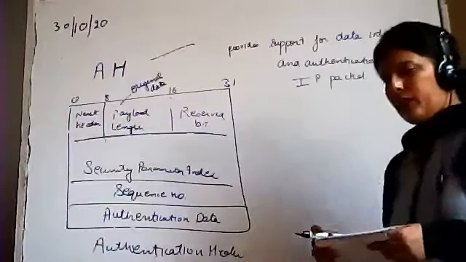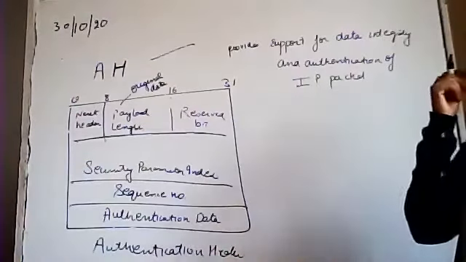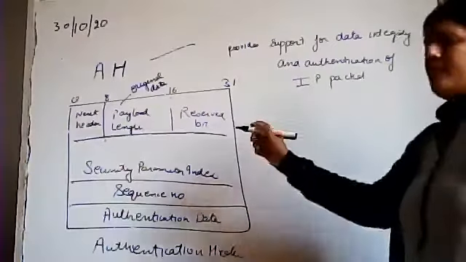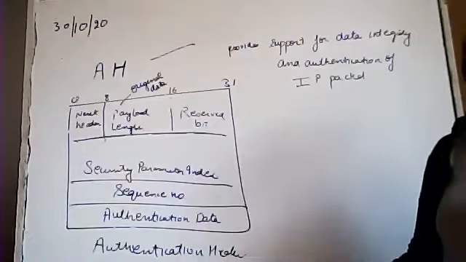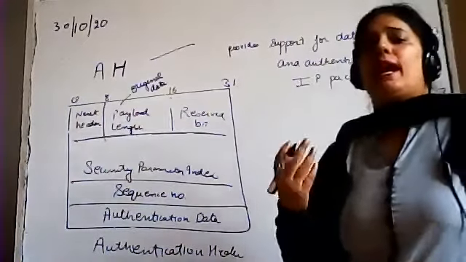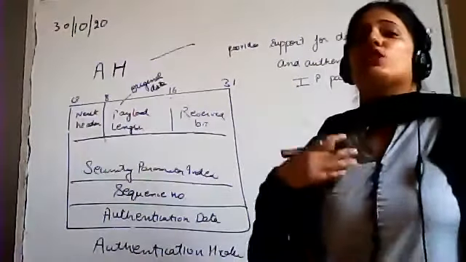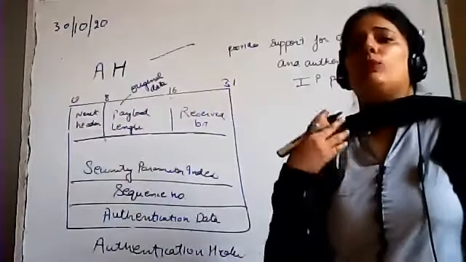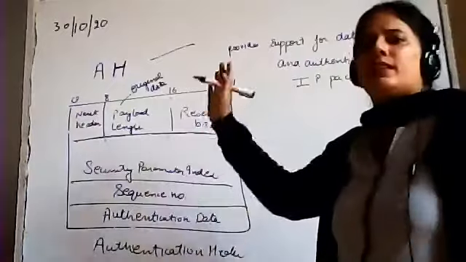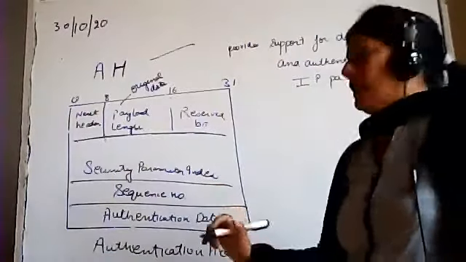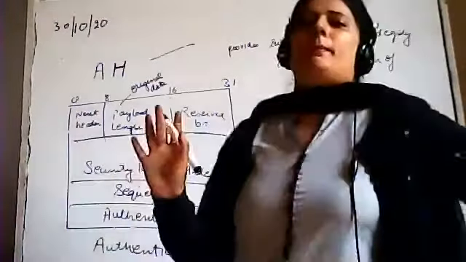Okay, so we have these reserved bits over here. What is this reserved field? That will be the extension to this particular format. So if we need to add some add-ons, or we need to make some changes, or we want to provide some extension in future, we have reserved those 16 bits for that. Clear?